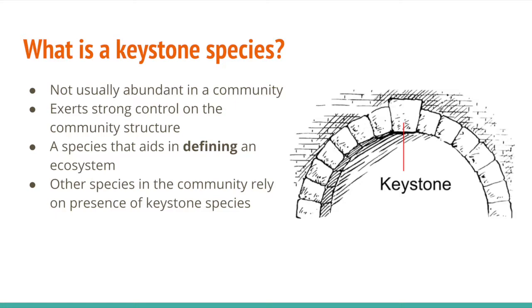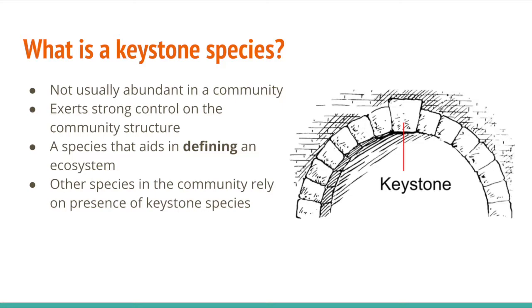According to Campbell's Biology, a keystone species is a species that is not usually abundant in a community, but exerts a strong control over the community's overall structure. A keystone species can also be described as a species that helps define an ecosystem. The importance of a keystone species is not necessarily based upon numerical presence in the community, but rather its ecological role in the community. Keystone species are often the main factor in an ecosystem, so it is important that there is a large enough population of the keystone species to keep a balance in the populations of the other species